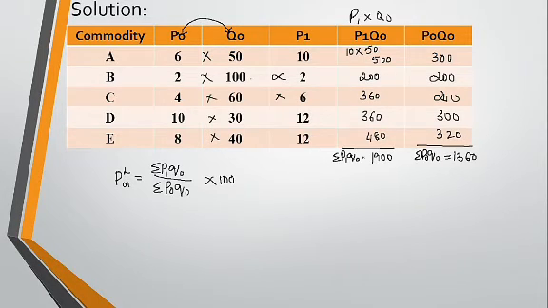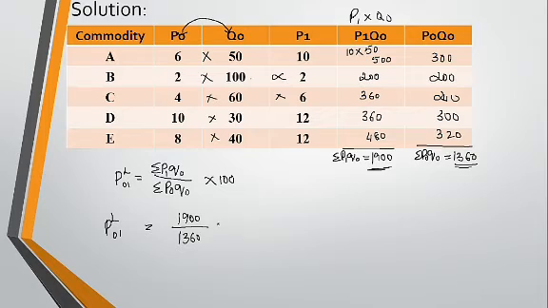Okay, 1360. Now this total, whatever you have found, you have to apply as per the formula. Summation P1 Q0 divided by summation P0 Q0. What is the value? 1900 divided by